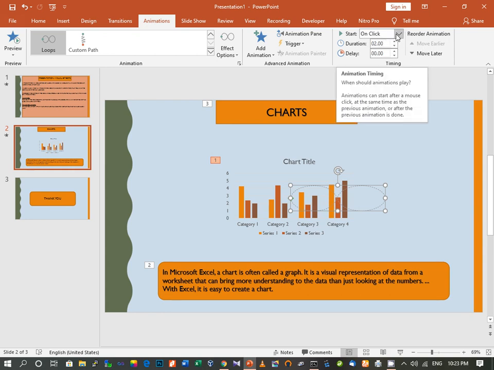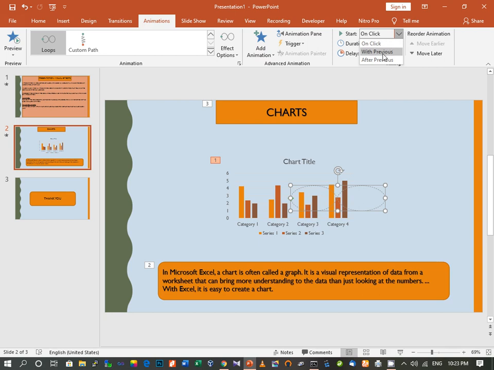Then here we have when you want this animation to start. Normally we choose on click, but here you also have with previous or after previous. When you choose on click, then unless you click your mouse button or keyboard during the slideshow, that animation effect will not be applied.